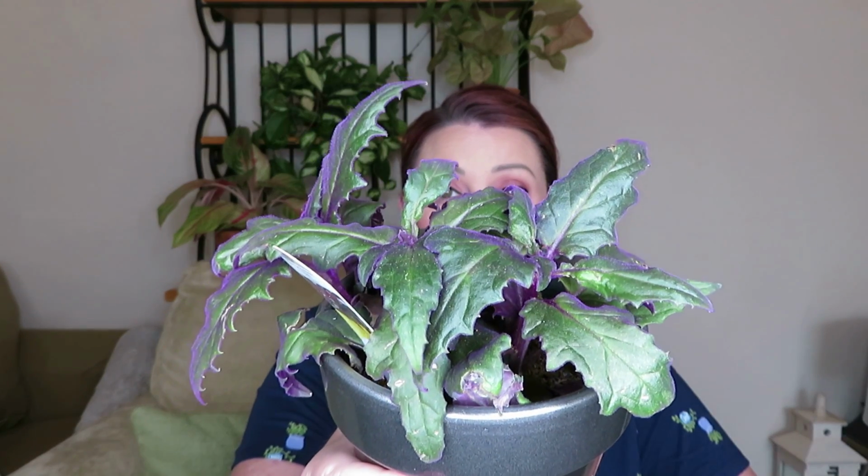Okay, so the next plant I'm going to show you, I did have this plant already, and I did feature it in one of my top 5 house plants of the month. I'll link whichever video it was up above here. But unfortunately it bloomed multiple times, and then after it bloomed it just started doing really bad, and then it slowly died off. So I did pick up another one at the grocery store, and it is this purple velvet